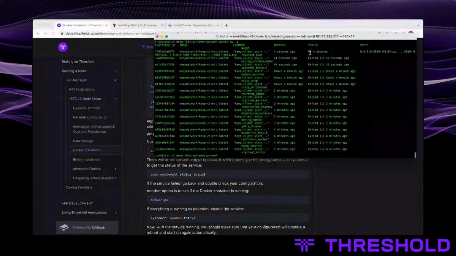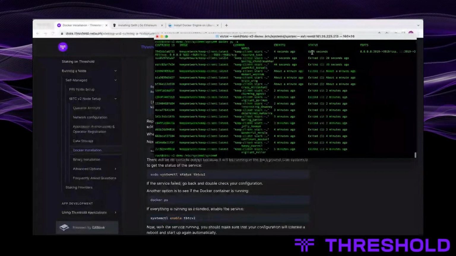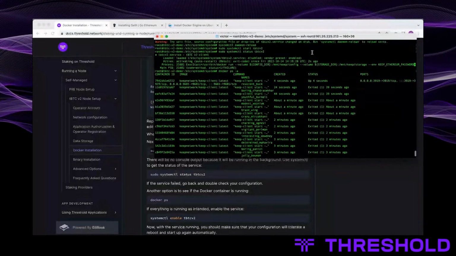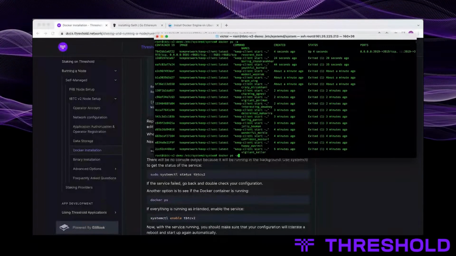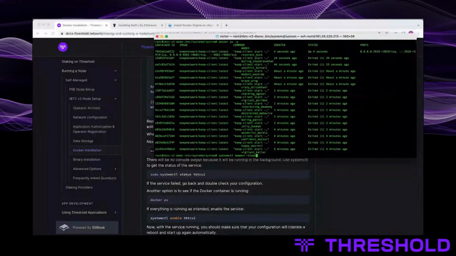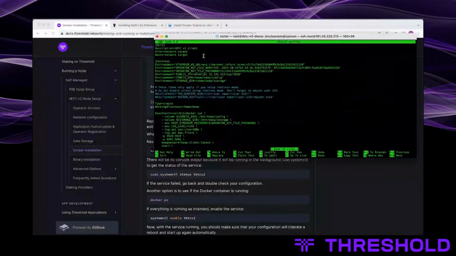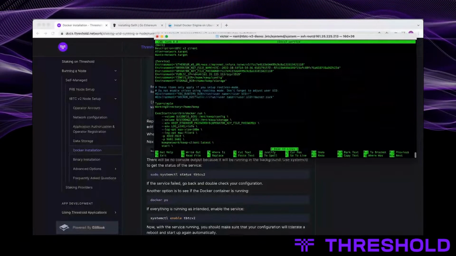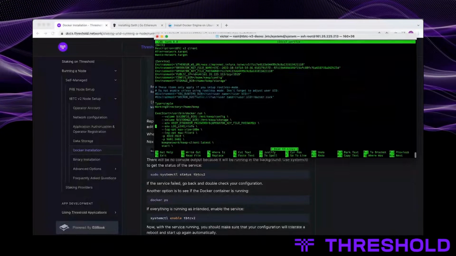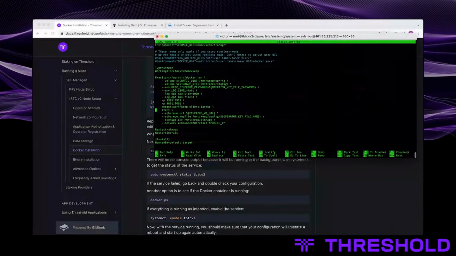It says here that the status was up, which makes me believe that the configuration is correct. And yes, we can actually deploy this manually.